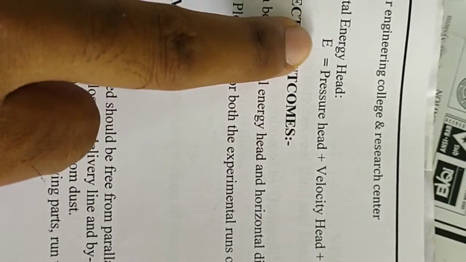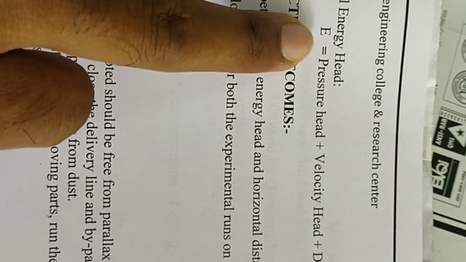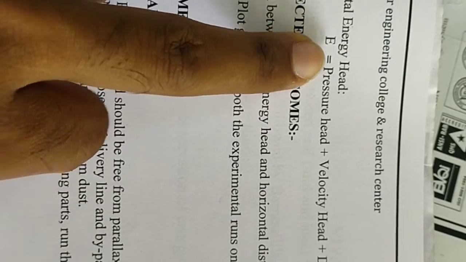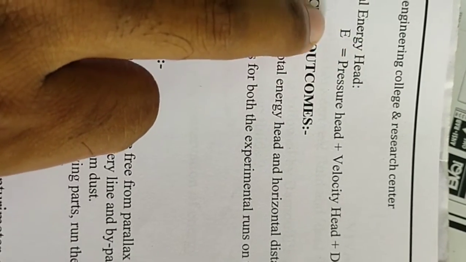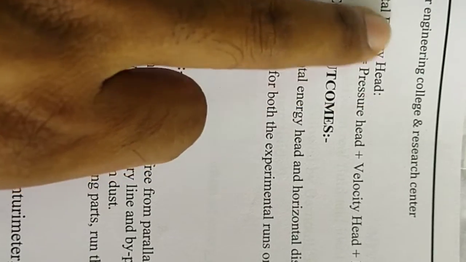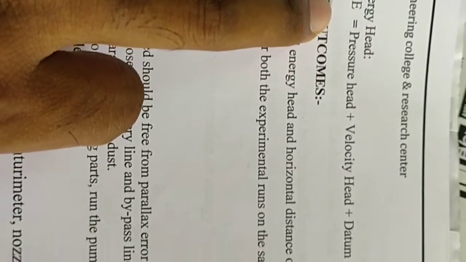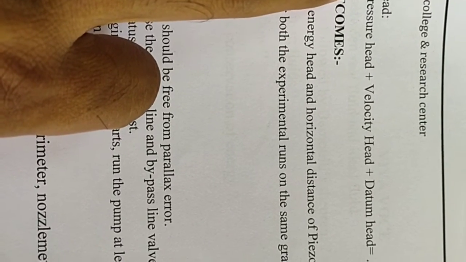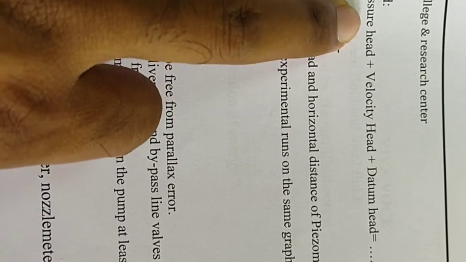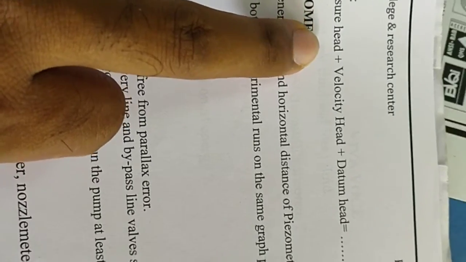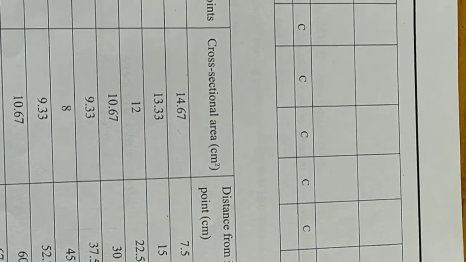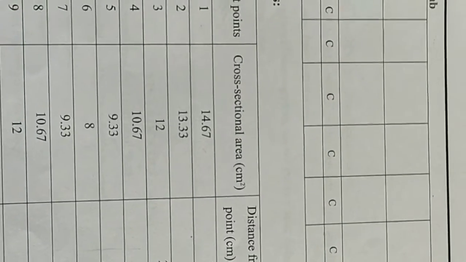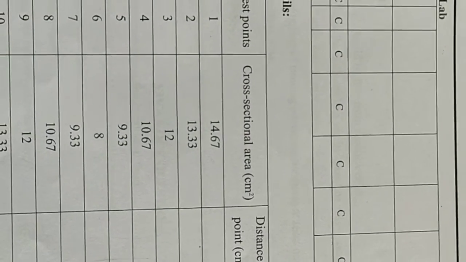That total energy we have to calculate 11 times, for each piezometer tube. There are 11 piezometer tubes in the experiment. There will be the same total energy at each and every point, so this will verify that the energy is conserved. According to the Bernoulli theorem, the energy is constant at each and every section in the flowing fluid, and the datum head Z is taken as constant or may be taken as 0, because for a horizontal duct it will be constant at each and every point.